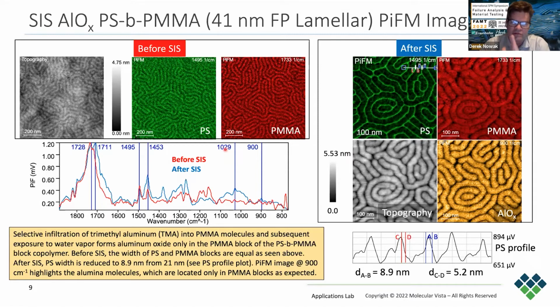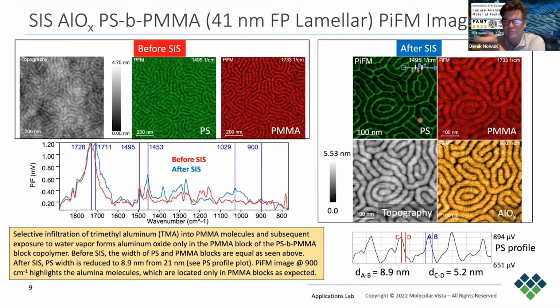This is kind of where they start. And then the purpose of this work was actually to do some hardening of some of the materials, particularly the PMMA. And so what they would do is they would take a similar sample and expose it to a vapor form of aluminum oxide. It'll infiltrate into the PMMA,